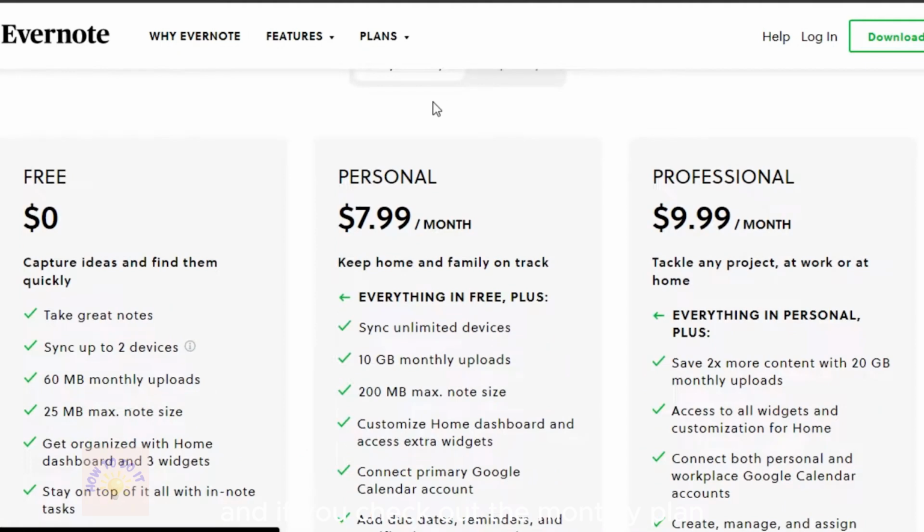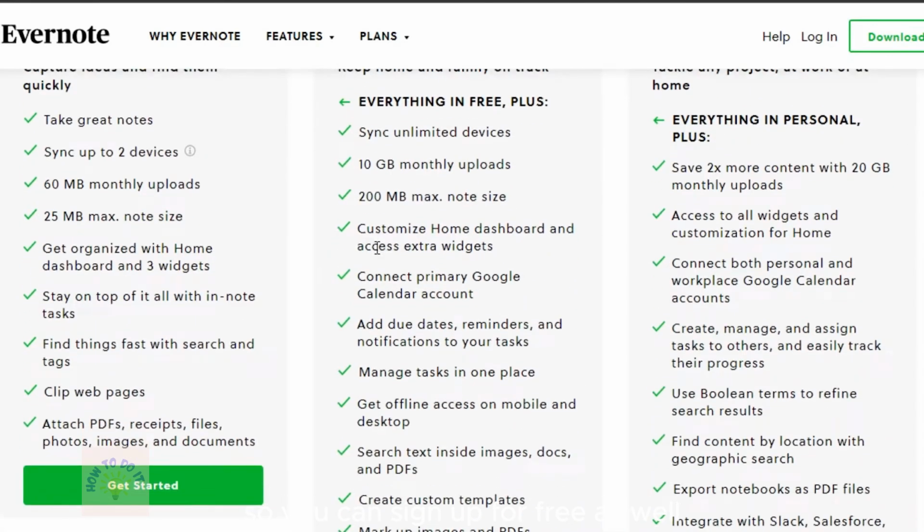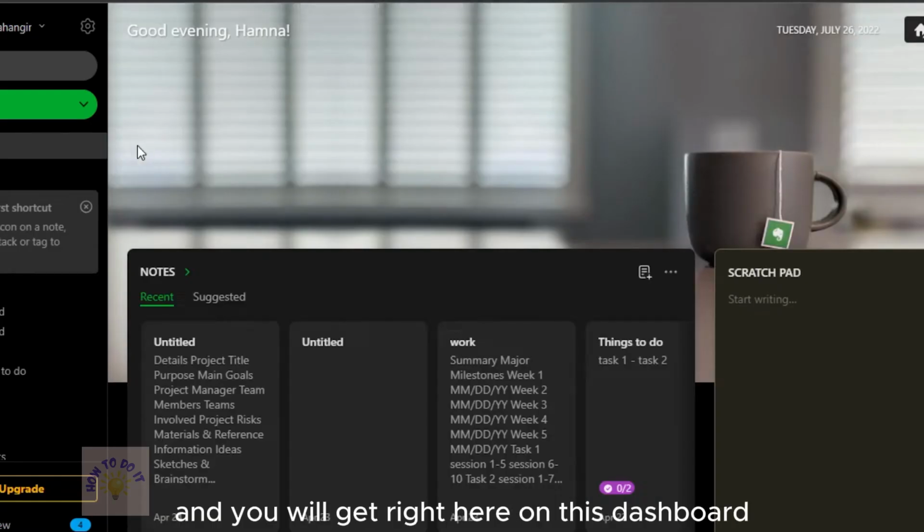If we check out the monthly plan, we have a free plan, a personal plan, which is $7.99, and then a professional plan, which is going to be $9.99. So you can sign up for free as well, or you can go with the pricing plans. I'm going to go ahead and get started. You can just sign up with your email address or your Google account, and you will get right here on